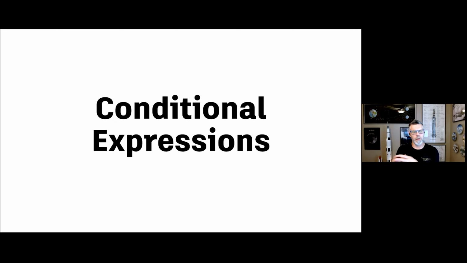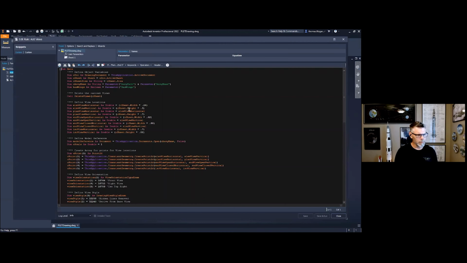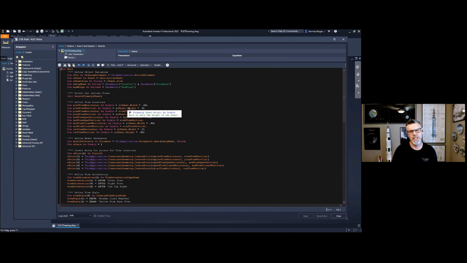The other type of file is a dynamic file, one that could vary or change at some given time or point in time. And the way that they are dynamic is by understanding what different conditions could exist. So conditional expressions facilitate the means for us to be able to apply those different conditions. So going back over to Inventor here, some of the conditional expressions that we see a lot are if, then, else if, and end if.